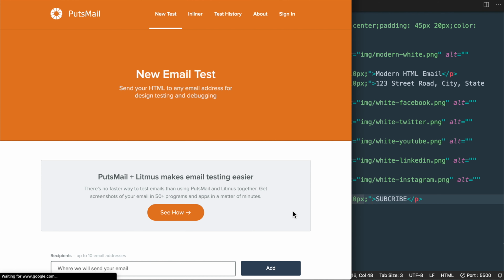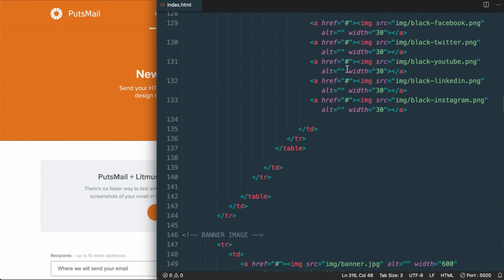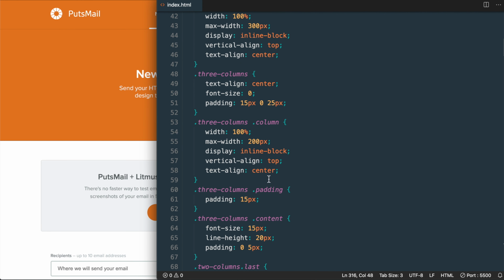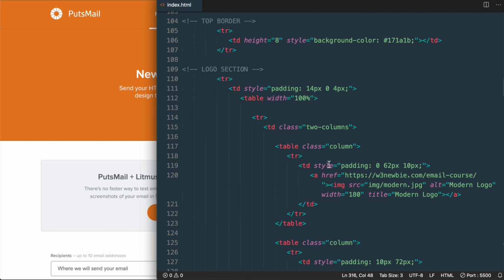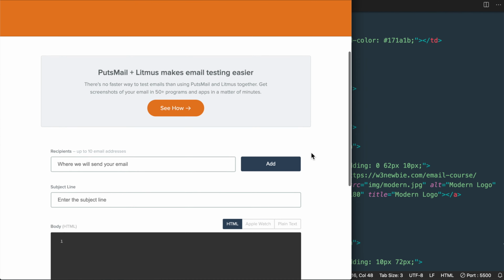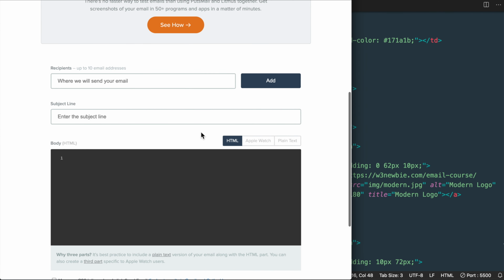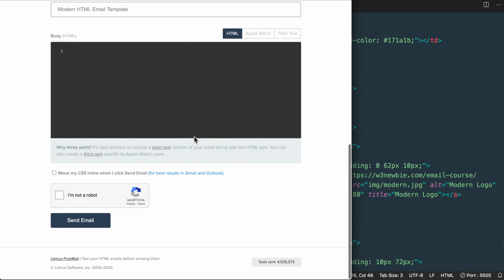So as I mentioned early on, we won't be designing for Outlook, but with Putsmail, this is going to inline our CSS for us from the internal style sheet that we added into the HTML elements with those classes. So they have an inliner tool, or we can just select to inline it when we send our test email. And by inlining, though we're not designing for Outlook, this will give us the best rendering across email clients with the code that we have. So let's add the subject line, which you can write whatever you want for. I'll just write modern HTML email template, and then we can copy all of our HTML and CSS from our